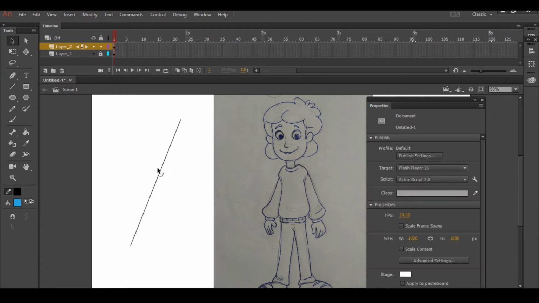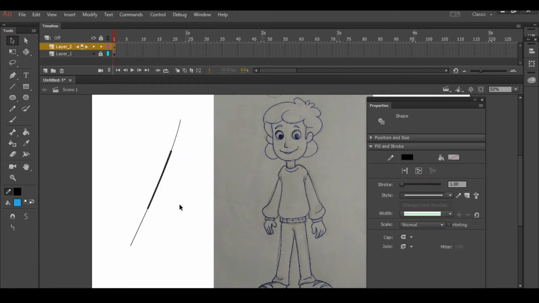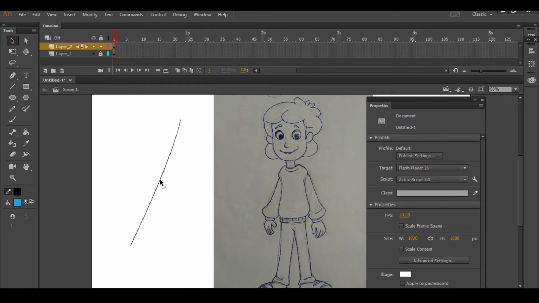Done. Now when you trace, you can move the line only in simple curves. If I want a different type of curve, like an S curve, what to do? See, it is coming only this much. In that case, select the area where you are going to bend that line, click on the work area again and change. See, it works now.